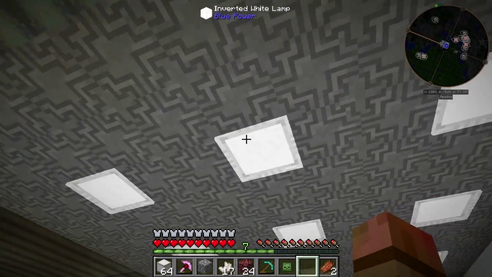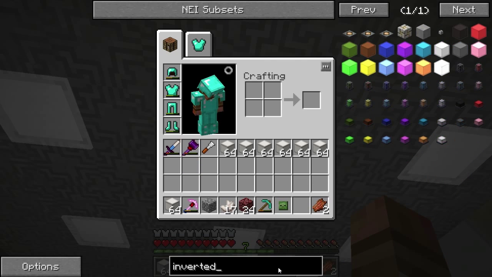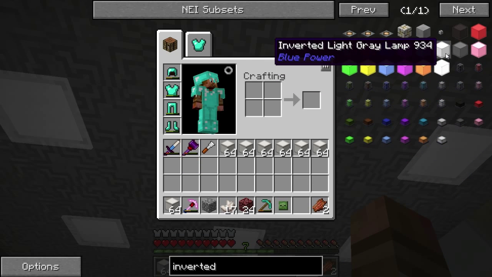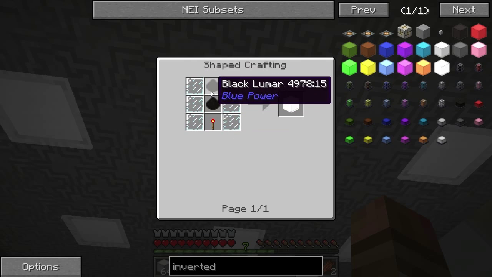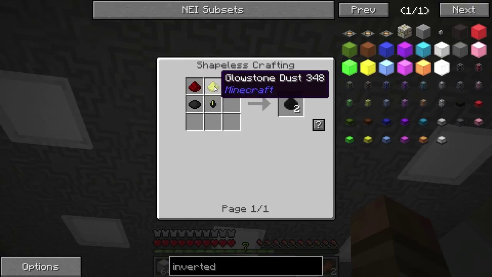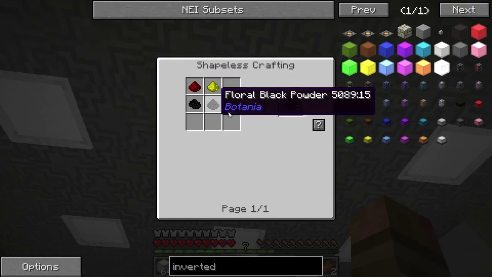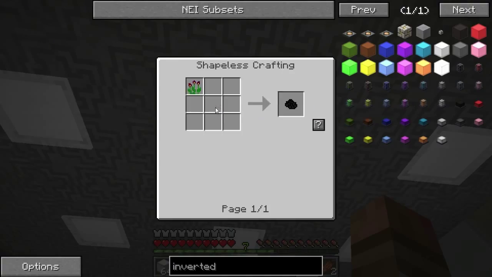I went back to these inverted white lamps because if we look at the inverted white lamp recipe, all we need is black lumar. Super easy. Just sand, redstone, a little glowstone, and then we can do black dye. We can do all sorts of different stuff. Ink sacs, I don't exactly...